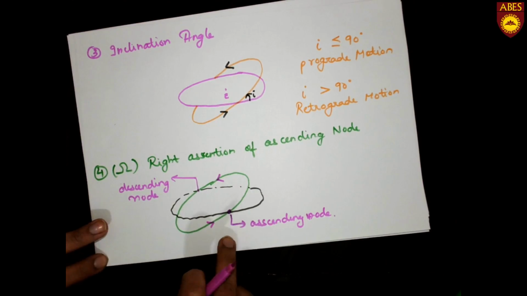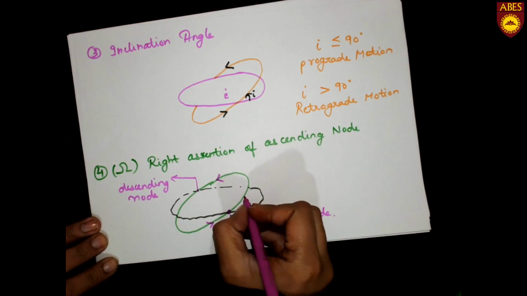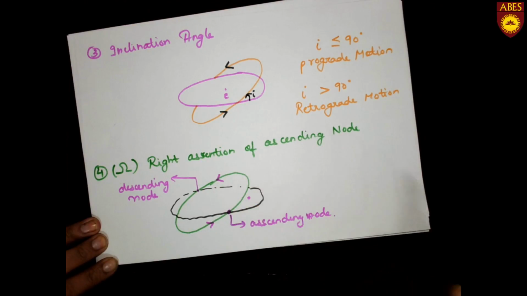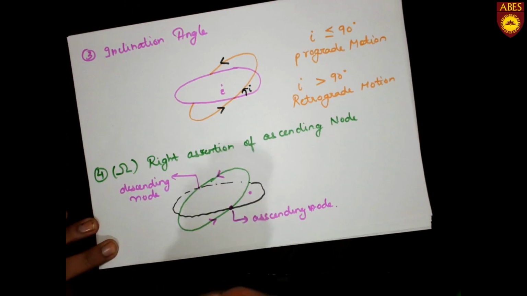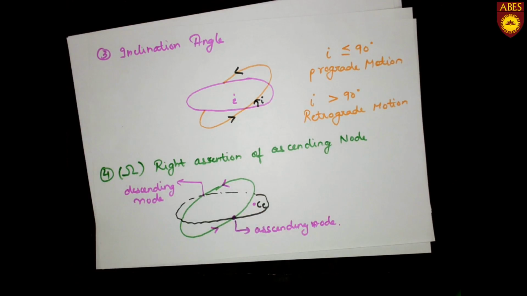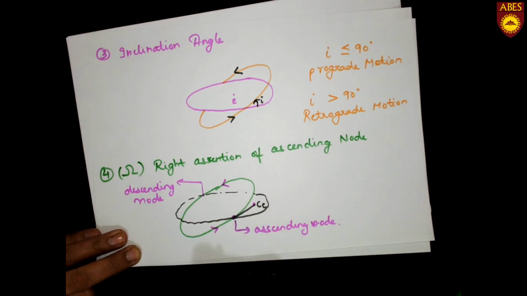So this is what is the ascending node. Now for defining the right ascension of ascending node, what happens is, let this be the center of Earth. Here be the center of Earth, CE, denoted as center of Earth. What we will do, we will make a vector line joining the center of Earth and the ascending node, and